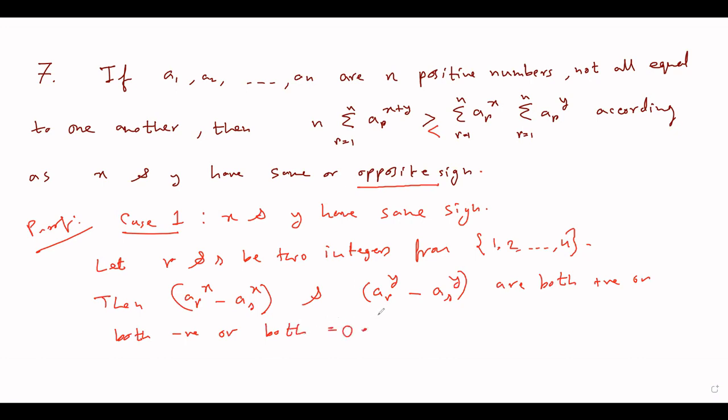Why is this true? Okay, so the thing is, we have three possibilities. x is greater than y, x is less than y, and x is equal to y, right? So even though we have assumed that x and y have same sign, there is no guarantee that they are not equal. So even though both are of same sign, we can still have all three cases. Now, assume x greater than y first. If x is greater than y,